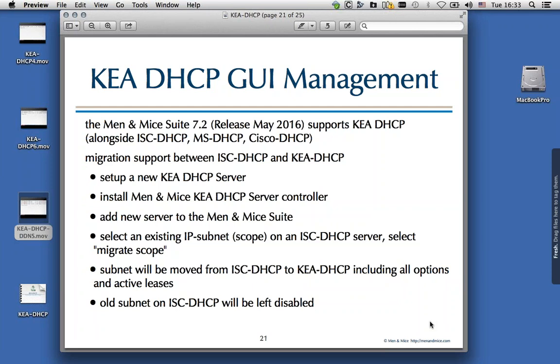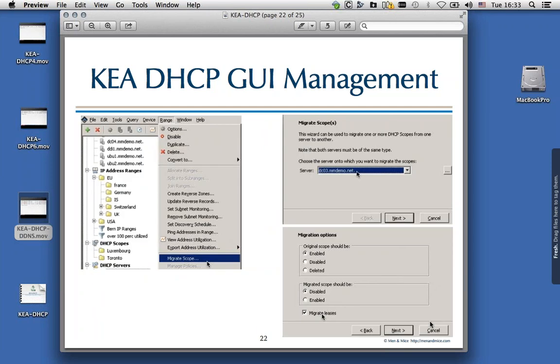The old subnet on the ISC DHCP will be left disabled, but the data is still there. So if you need to go back for whatever reason, you can do that with a click from the GUI interface. And here are screenshots of that migrate scope